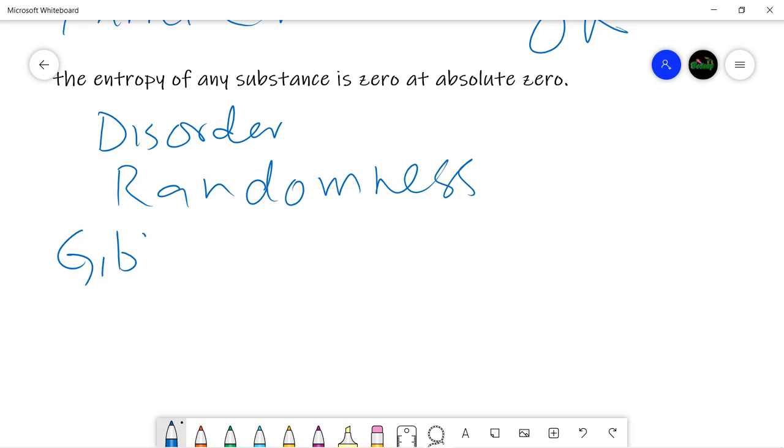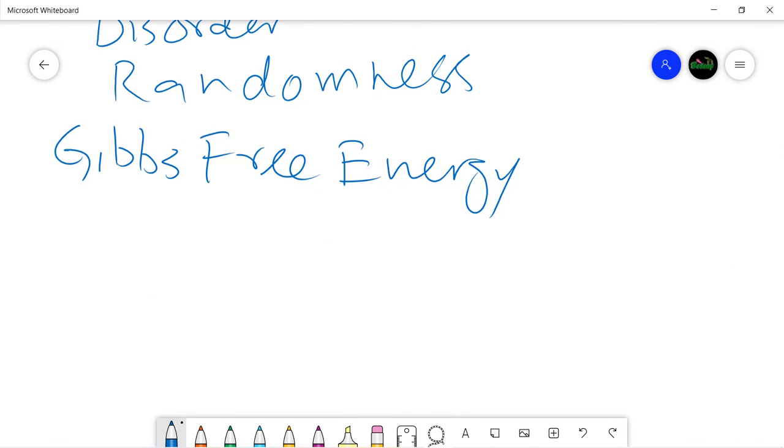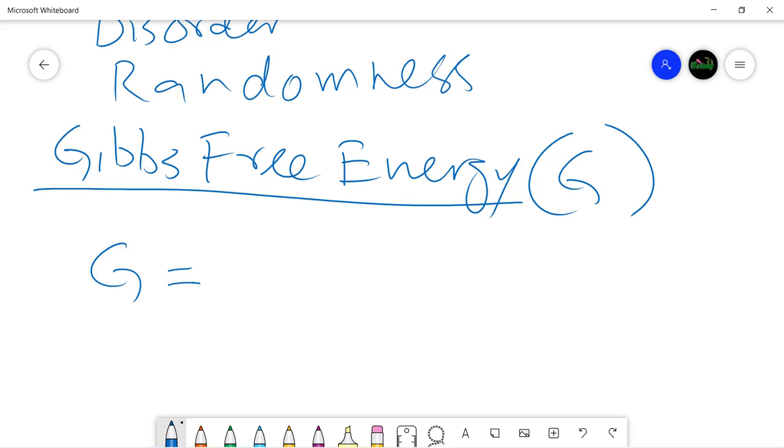So we have Gibbs Free Energy. Although in the beginning I promised that there will be no mathematical work involved in the discussion of these laws of thermodynamics and energy, we cannot totally ignore the mathematical equations which are concerned with these concepts of energy. So one of them is Gibbs Free Energy, and it can be represented by this simple, straightforward equation. Gibbs Free Energy is represented as G, uppercase G, and G is equal to E plus